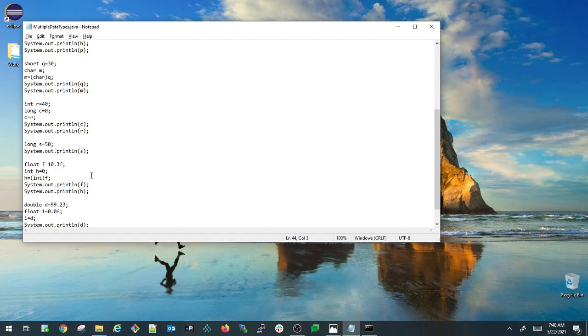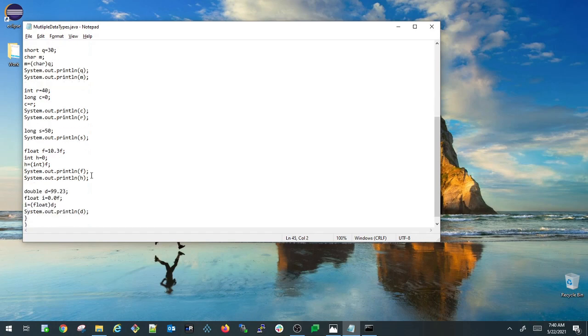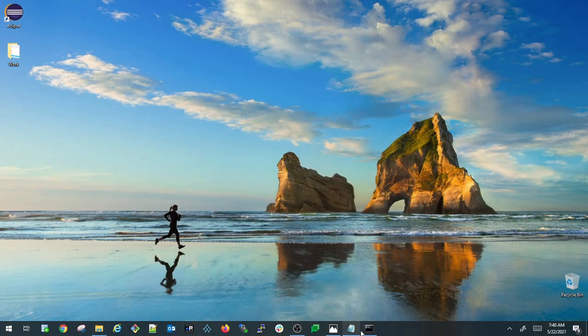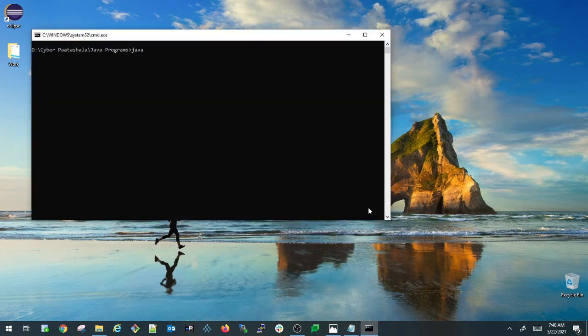Before that I'm specifying the float conversion, i equals, and then I'm printing the same thing here, System.out.println i. Let us save this and compile this program. javac multiple data types dot java. It compiled successfully. Let us run this.